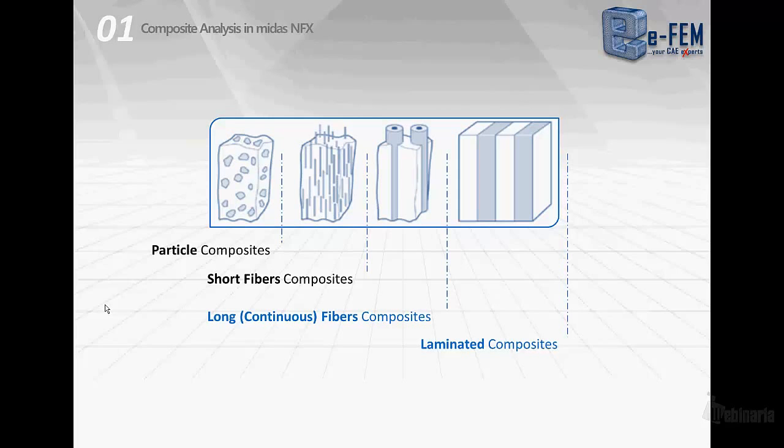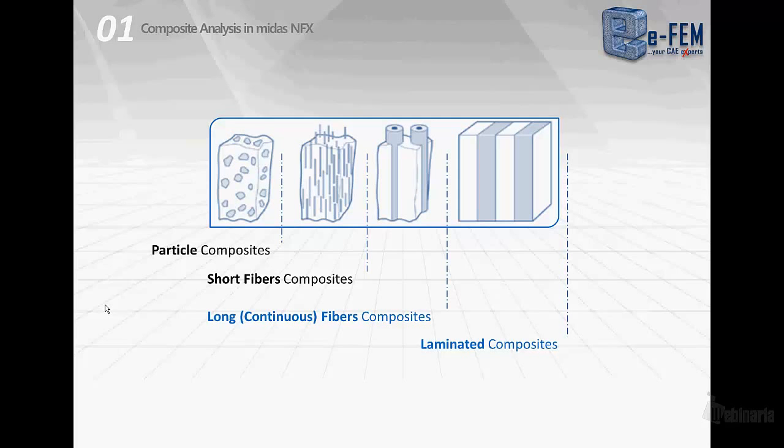Moreover, we can have aligned fiber or randomly disposed fiber. In the first case, we will have directional properties of the final material, and in the second case, we will have quite homogeneous properties of the material. When we then talk about long continuous fibers, we mean the use of long fibers that are bundled together with a matrix made from a resin, an epoxy resin or phenolic resin, for example.